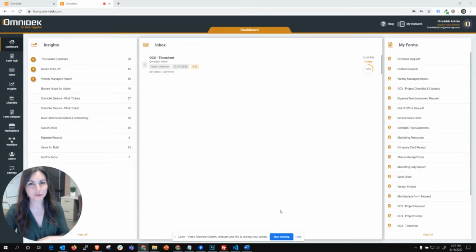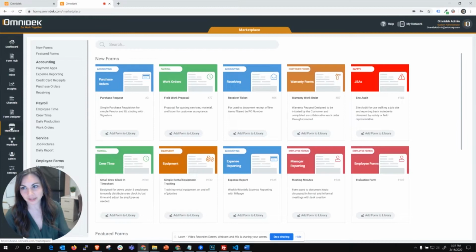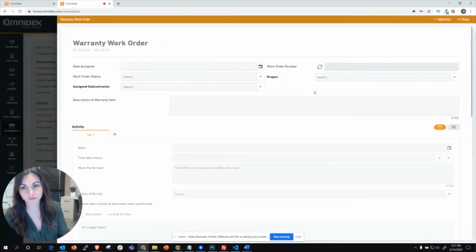I want to show y'all a cool feature that we have. Let's go shopping in our marketplace. So our marketplace is a shared community for our users that offers free forms that are pre-built for you to